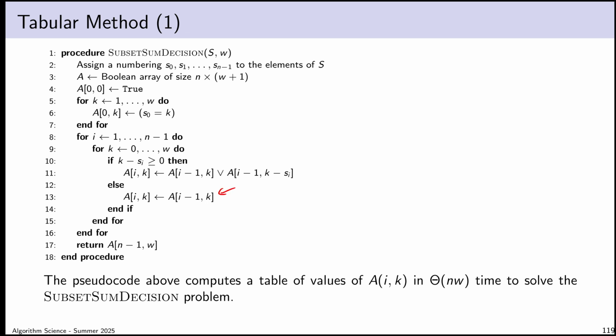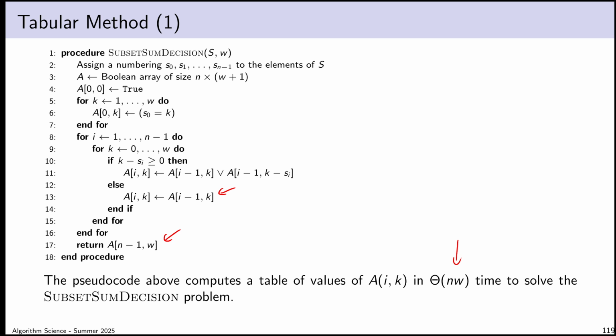All right, so like in the earlier coins in a row problem, I now have a table of values that tells me whether a subset exists for every possible combination of i and k. And we saw that once I have that, once I know the result of A[i][k], whether it's true or false for all my subproblems, I can work backwards to actually figure out the subset that would produce a particular value of k. So in this version where I'm solving the decision problem, I'm actually solving it in n times w